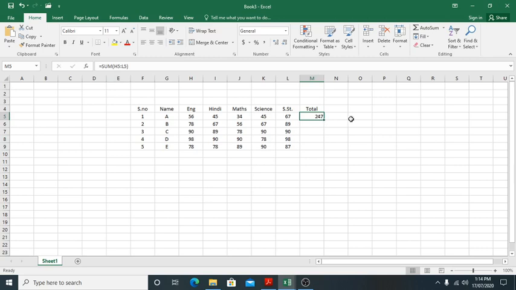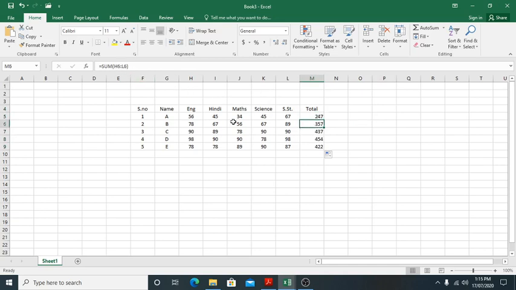And now we will drag. See everyone, this is the mouse, and when the cursor comes here, now drag it. What will we get? All the numbers, for A, B, C, D, E, are added, and we have got the total marks. You can see here the range is given H5 and L5. The next one is H6 and L6.